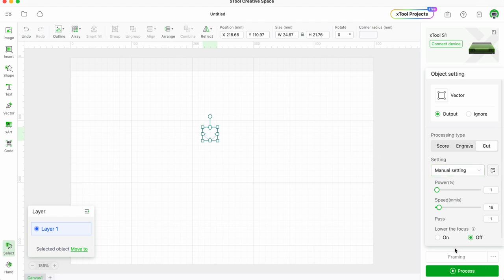And down here we have manual settings that we can use. Ignore lower the focus. That's not anything that you need to be worried about at this particular point. So we have power, which goes from 1 all the way up to 100. It's a percentage. And we have speed in millimeters per second, which goes from 1 all the way up to